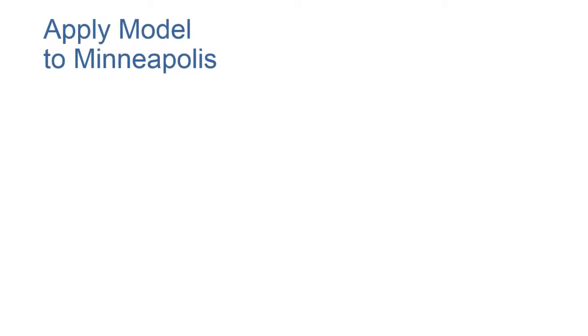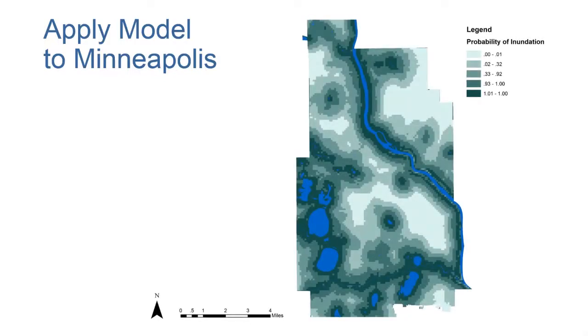We then applied this model to Minneapolis. We selected the city of Minneapolis because it has the Mississippi River running through it, similar to the river that runs through Calgary. These 2 rivers are of the same width, about 200 meters across. We included the water features in Minneapolis because we wanted to demonstrate how important the water features are in predicting inundation in the model.